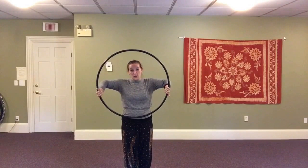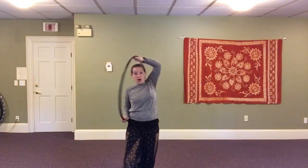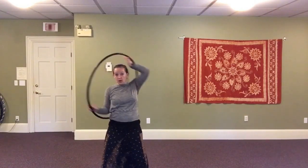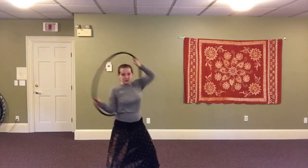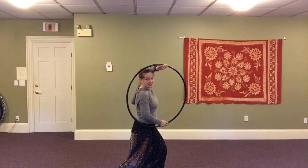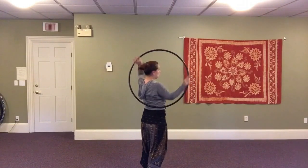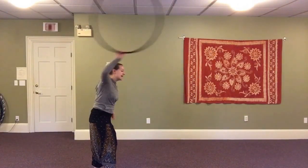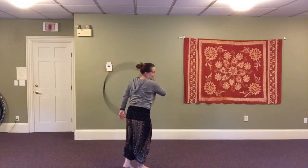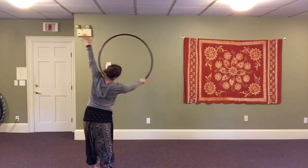Hands at 3 and 9. Barrel turn, penny roll over towards that right. 1, 2, break it, pivot that back foot, opposite direction. 1, 2, pivot that opposite foot, opposite direction. Barrel turn, keep that hoop nice and close to your body. Release the hoop, let it roll over the pinky side of your hand. Second time, step into it. Again, head goes in, follow it up and over,